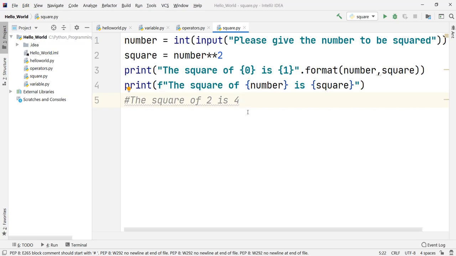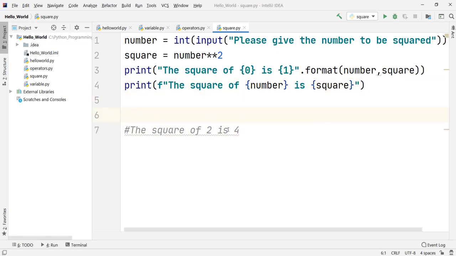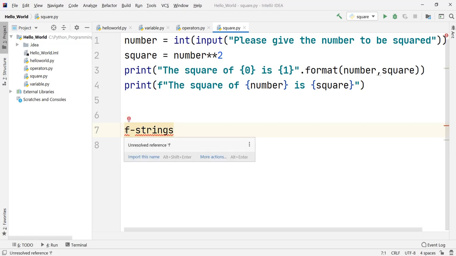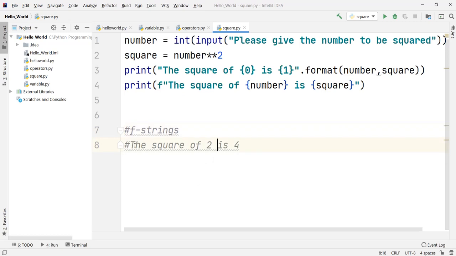I'll put it as a comment, one enter here. This is called the f strings method, F strings or formatted strings. I'll just comment it out so that it will not interfere with our code, but it is called the f strings method.